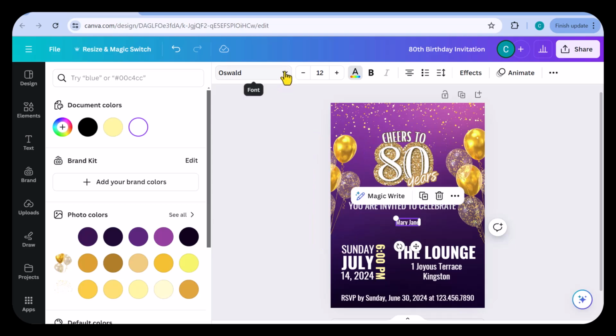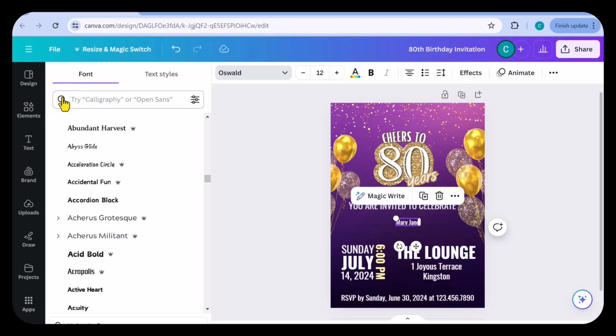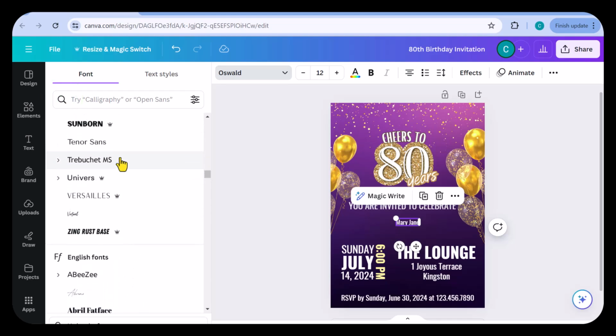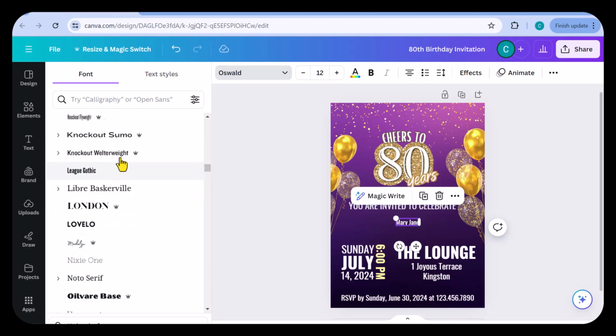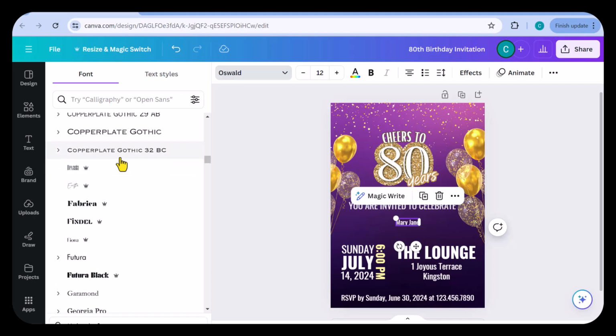I will also select a desired font style for this name, and I am looking for a cursive font style so that the name can look different from the other text on the invitation, and I also want it to pop.